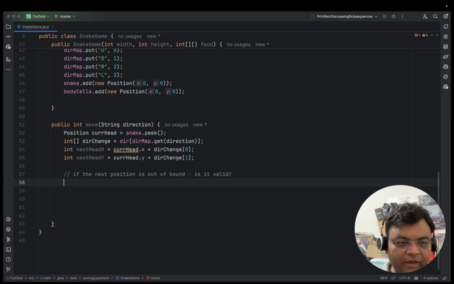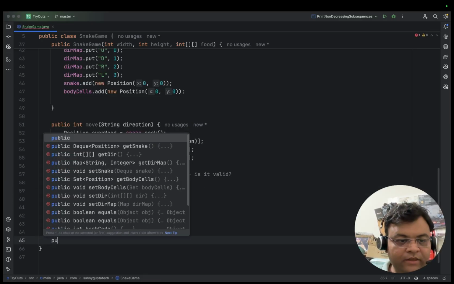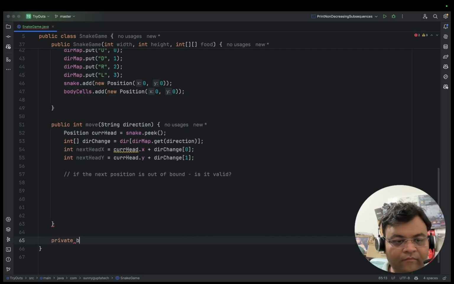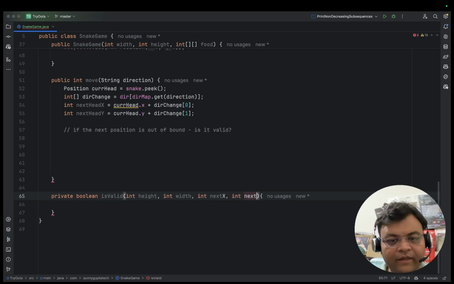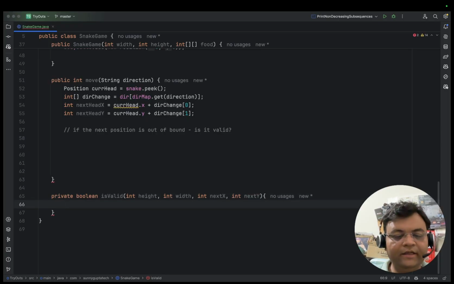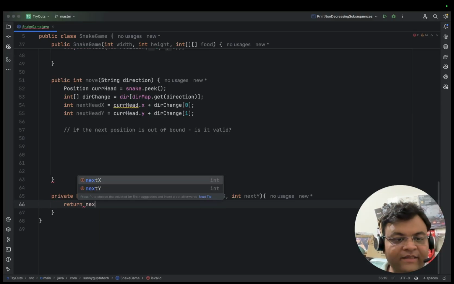So you should have an is valid method, which will take the height and the width and the next x and next y. These four things it will take, and it will return whether